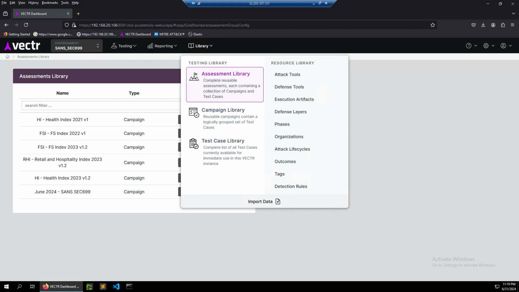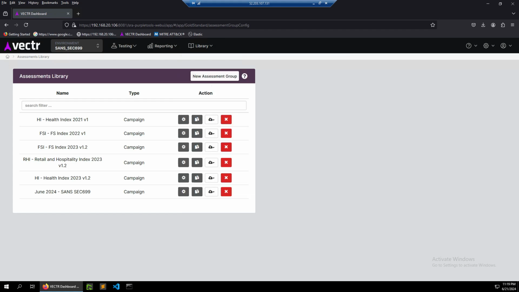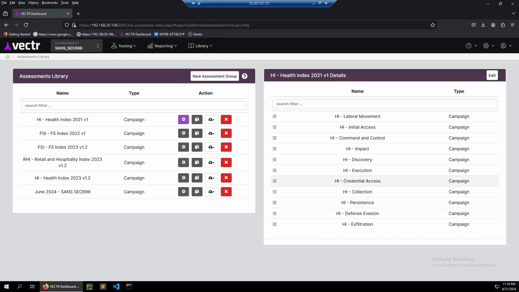So again, we clicked on assessment library and we got this dashboard here. These have come pre-configured. The one at the bottom I've created, and you can see that all the options are the same, and you have the delete and you have the share the data. You can export it to a file, you can clone it, or you can actually load it, right? Whatever you load from here, you're going to see that it was part of a campaign for lateral movement,